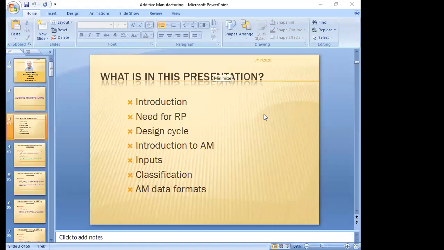Govind, tell me. Sir, is there any difference between additive manufacturing and design for manufacturing? Design is different. Design includes load calculations, whatever may be the product, from the CAD model to the end. That is the design sector. Design is different. Here the design engineer will give the CAD model directly.